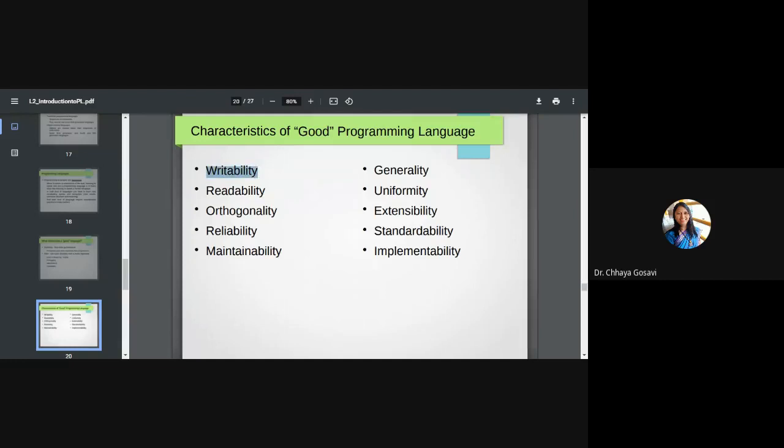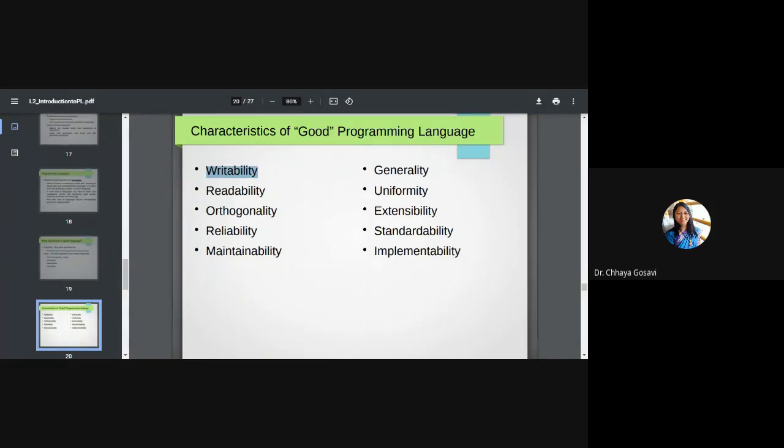For example, writability. What is the meaning of writability? Writing ability. If I give you an algorithm and ask you to write a C program, it should be easy for you to convert that algorithm or flowchart into the given programming language. For example, if my flowchart has a cycle, you need to use iteration.